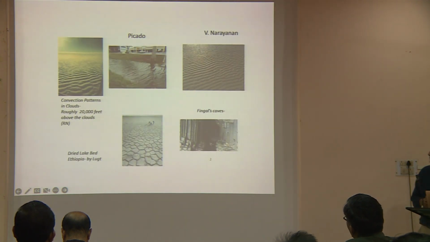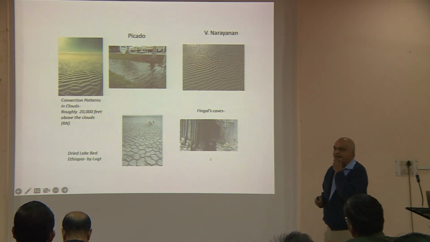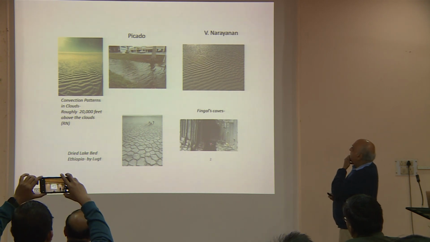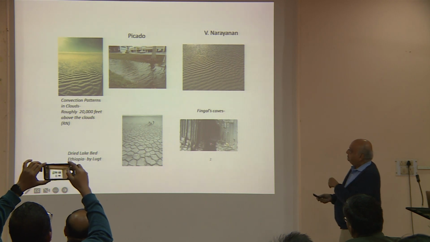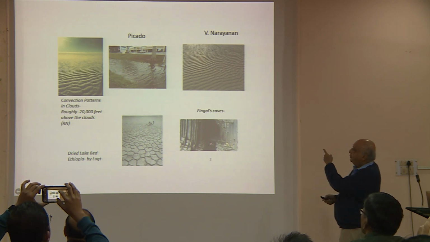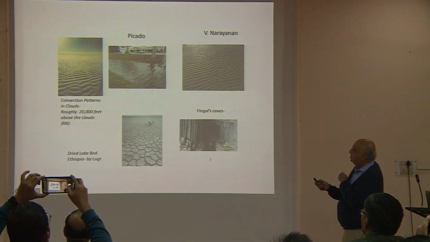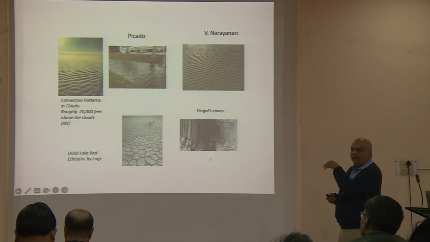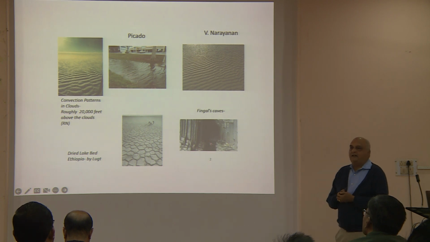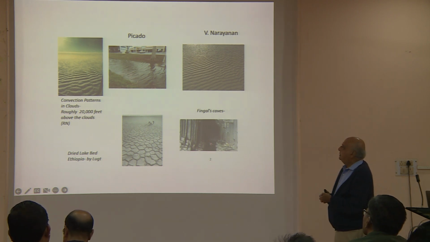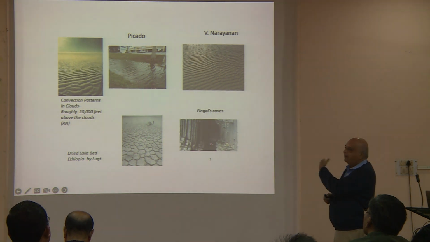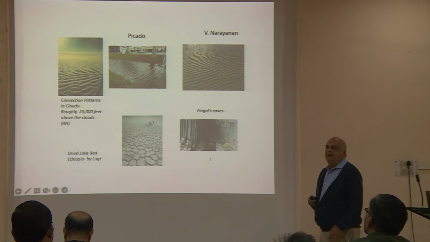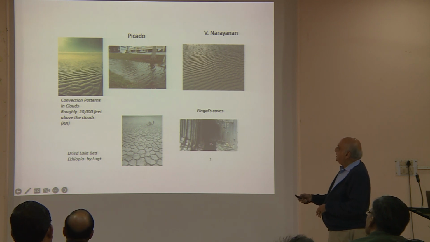So I'll start off with the typical patterns that you might have seen. These are not anything unusual, some are perhaps, but I'll point them out all the same. On the far left are cloud patterns that I took, I forgot where, but the pilot was saying that we were roughly 35,000 feet above sea level, and the estimate was that we were 20,000 feet above the clouds, because the clouds were only about 10 to 15,000 feet above ground. So a rather cloudy day there. And you can see without absolutely any doubt,